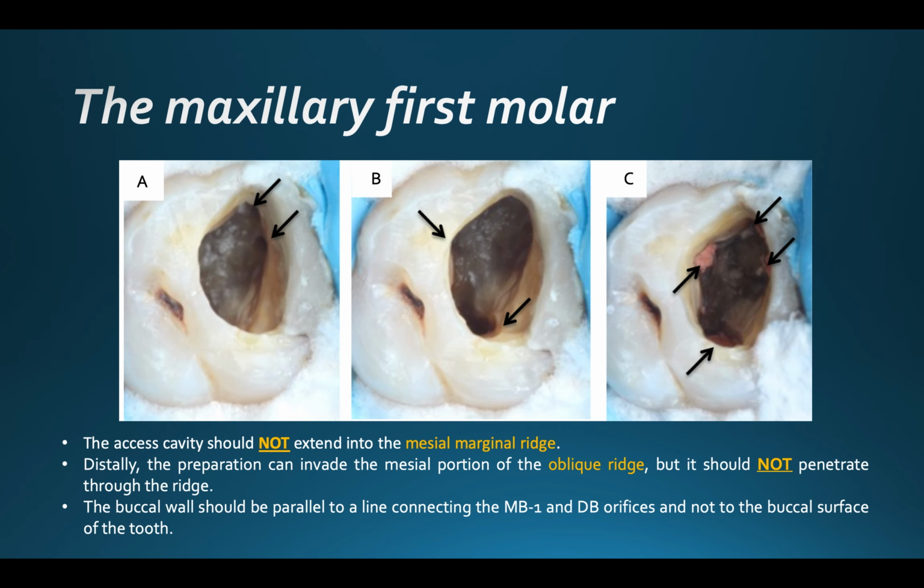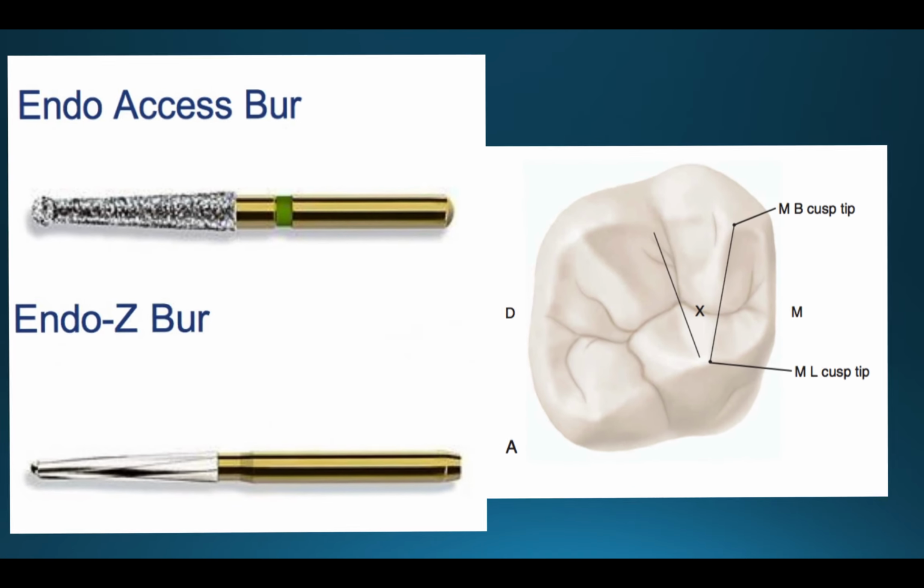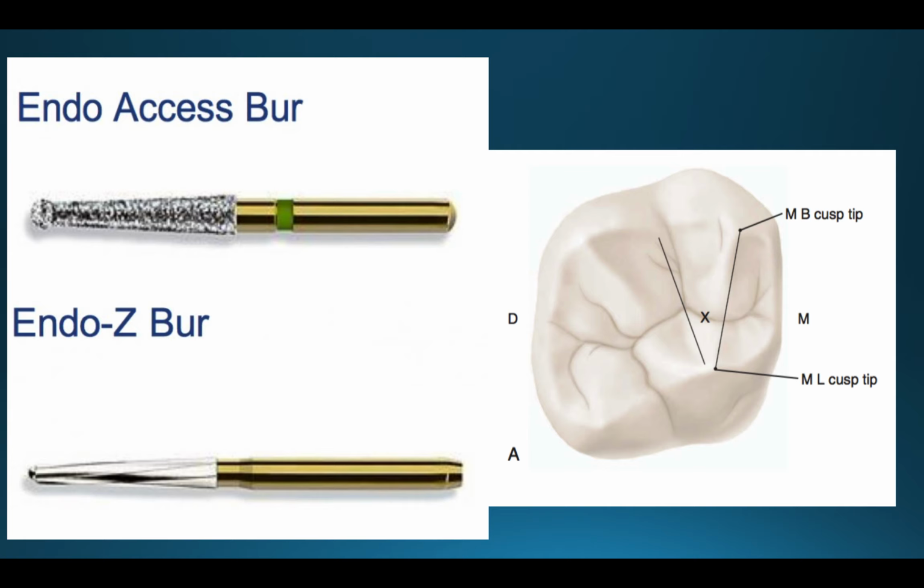We will need an endo-access burr and an endo-Z burr. We use the endo-access burr first to drill through enamel and dentine and to penetrate through the pulp to the pulp chamber. The entry point or the start point will be in the middle of the central groove